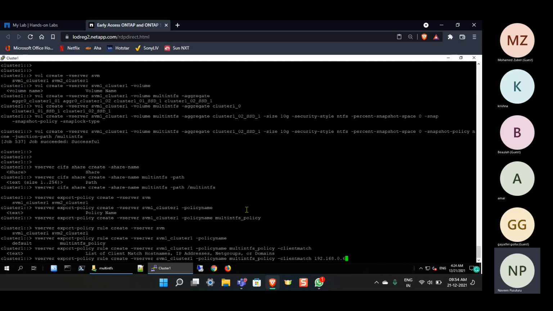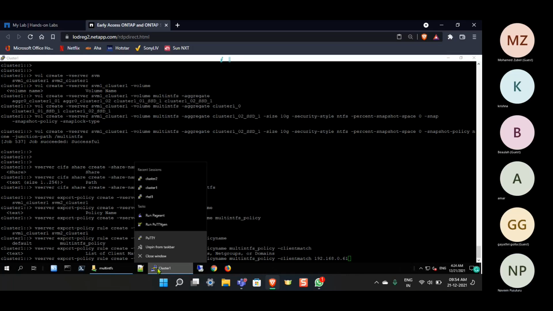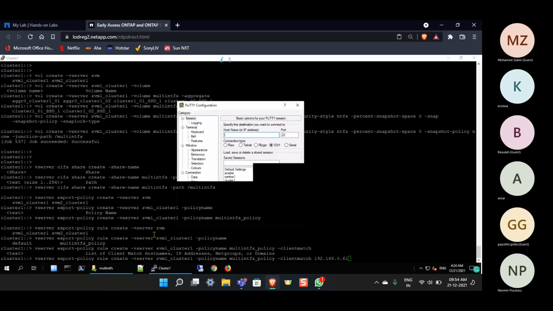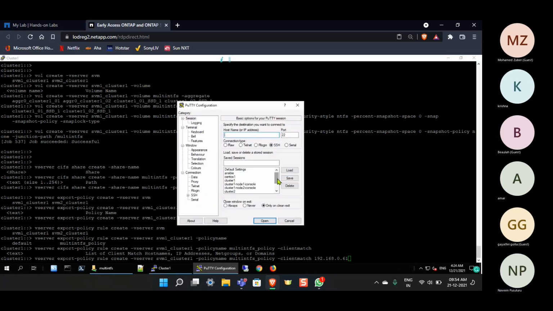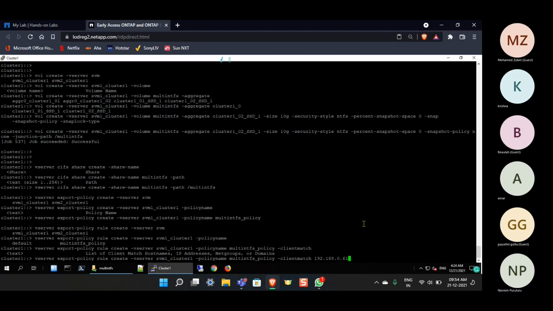192.168.0. I think 61 only. The Linux server name is, just a second. Okay, I think it is 61 only. Do I have any Linux server here? I don't think so. I have CentOS. Let me see what it is. Oh yeah, 61. Okay,